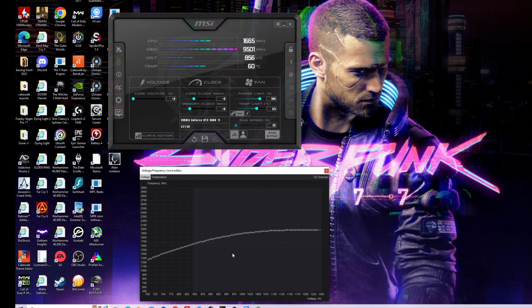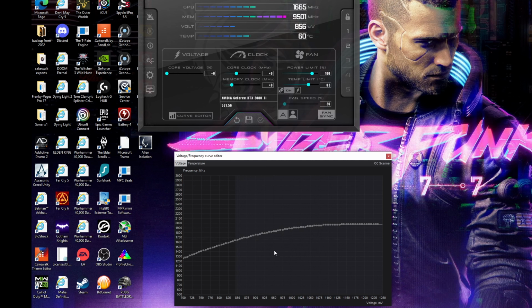Left click on Curve Editor. You'll look up your settings like I explained, maybe by googling it or running the game for an hour using HWiNFO and seeing what your voltage is, which is the number along the bottom when it's maxed out, and your megahertz. So I know roughly mine is about 825, which I've just clicked there. So you left click where you think, say for example you got 900 voltage for 1860 megahertz. You would start from maybe about 50 or 25 down from there. So you'd start at 875 or 850, and